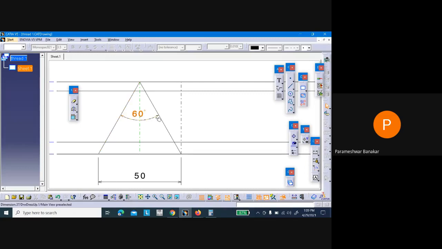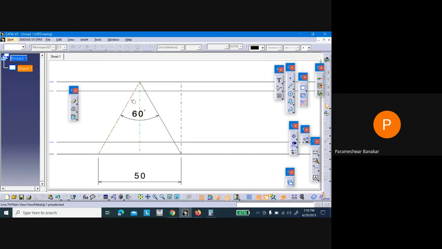Why? Because if you don't have the arc, or if it is flat, what will happen? The threads that you are going to assemble will jam. They will not disassemble properly. They can stick to each other. That is the reason there will be a certain clearance between the internal threads and the external thread while assembling.